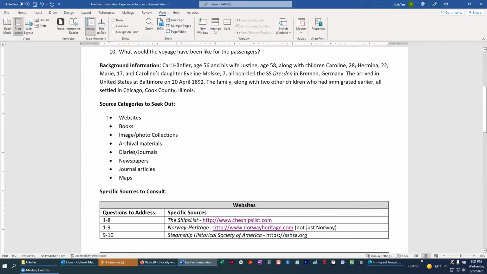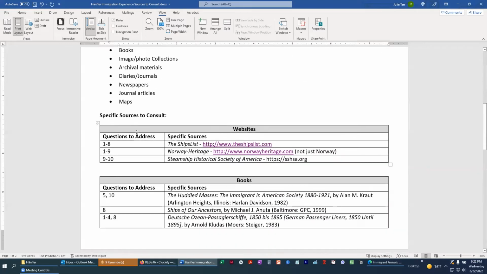But I thought websites, books, image photo collections, which could be digital or actual archival collections, archival materials, which again could be photographs, diaries, and journals could fall into archival materials, but I wanted to call that out specifically. Newspapers, journal articles, and maps. So then what I did is I created tables for each of those categories, and am starting to note specific